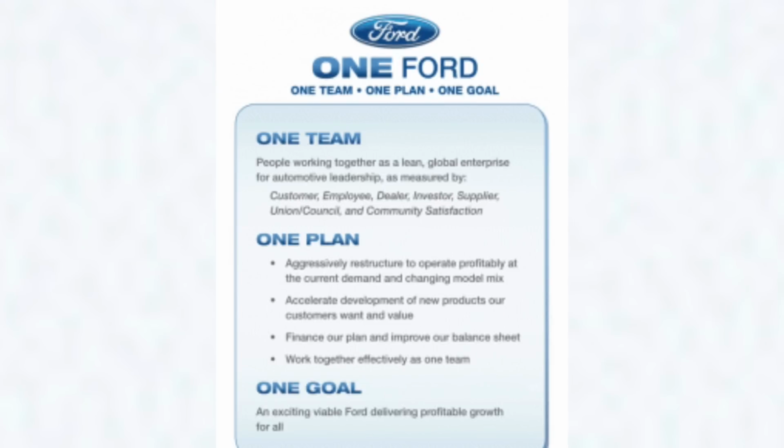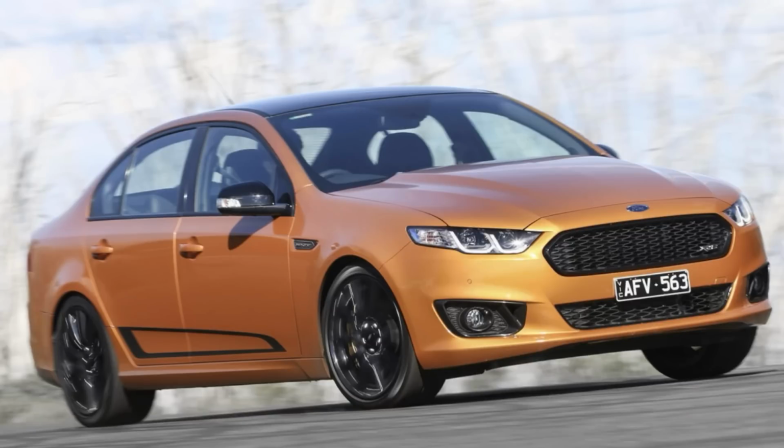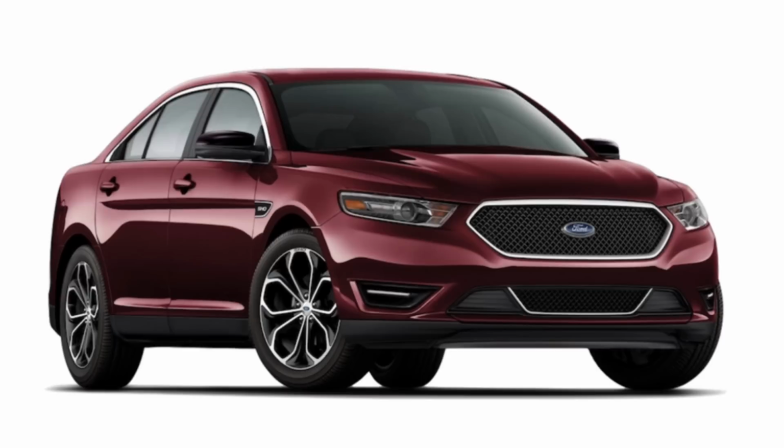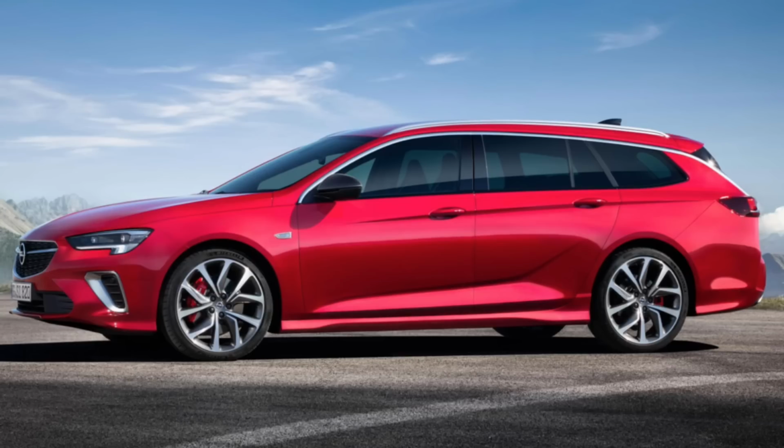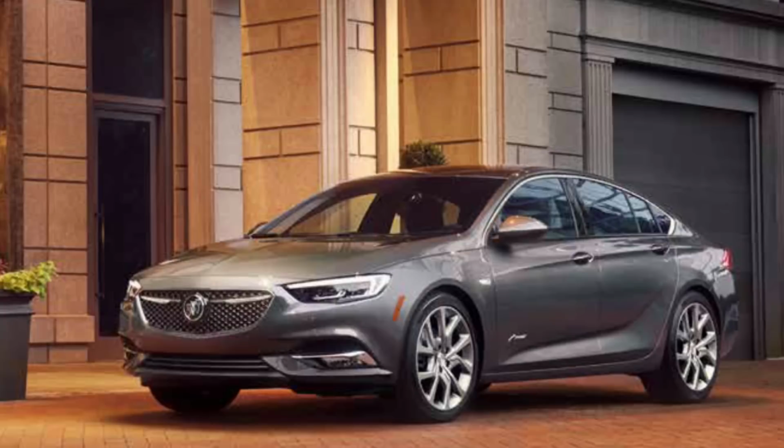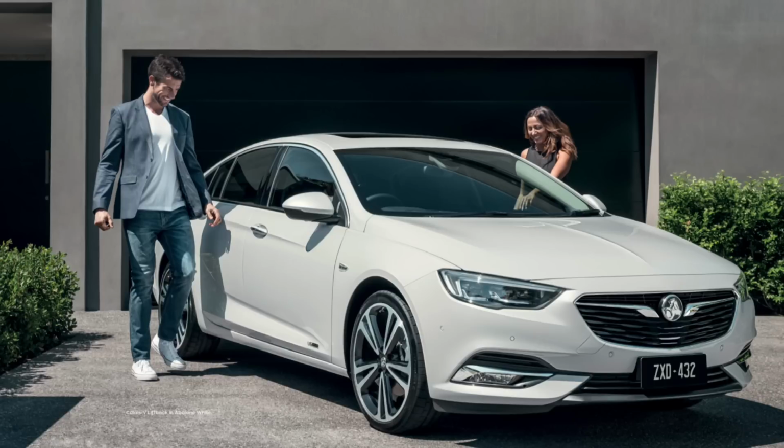Come October 2016, due to Ford Motor Company's One Ford product development plan, introduced in 2008, to rationalise its global range, the Falcon would not be directly replaced by a similarly sized vehicle. Some people had speculated that the American Ford Taurus may have replaced the Falcon and even been rebranded. And this happened with the Holden Commodore, which took the Opel designed vehicle, which was also used and sold as a Buick in the United States,